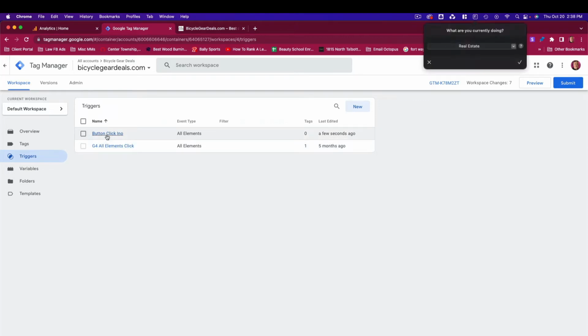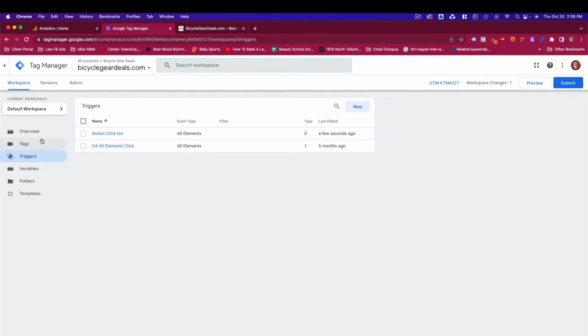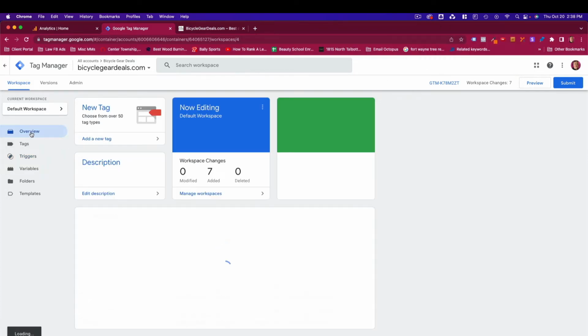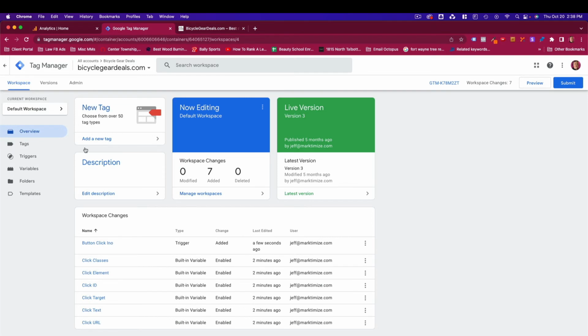Okay, so now the next step is I go over here to overview, and then you can see the tag, etc., right? And the different areas. But the most important thing is over here you have the preview area. So I'm going to go ahead and click on preview,